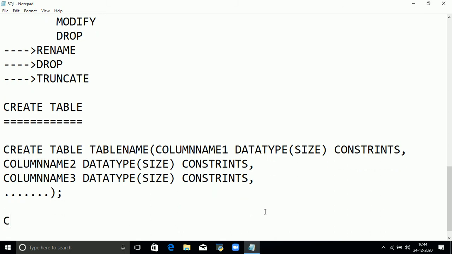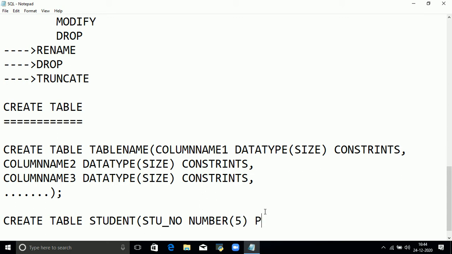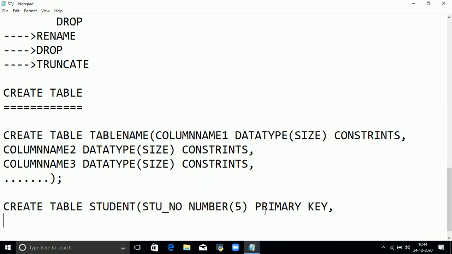Let us take an example. Create table, table name is student. The properties of the student: student number. Numbers are always number data type, so we specify the size and give the constraint as primary key. Next one is student name, using char data type of size 20.